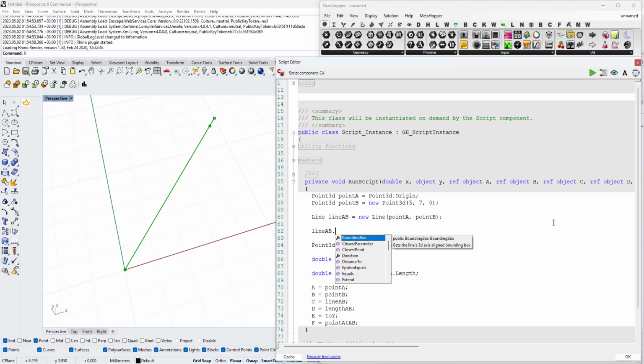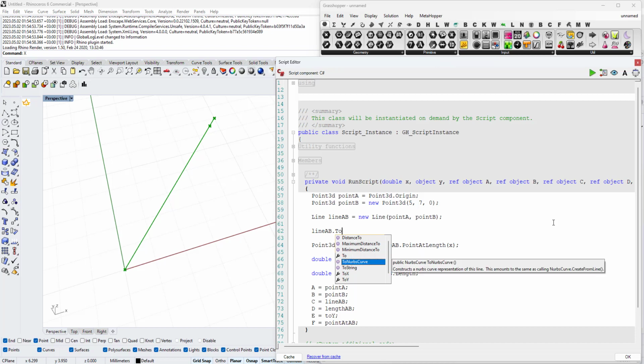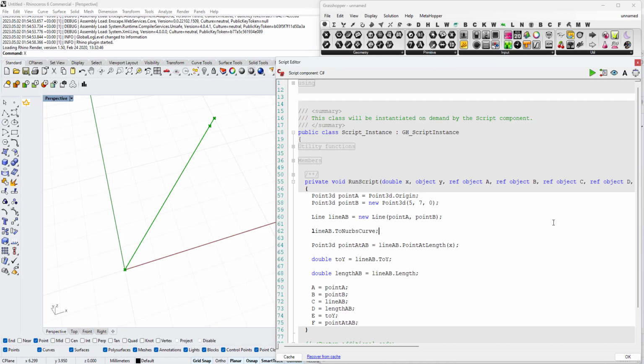So in order to do so, I can transform my line to a NURBS curve which has a domain property,